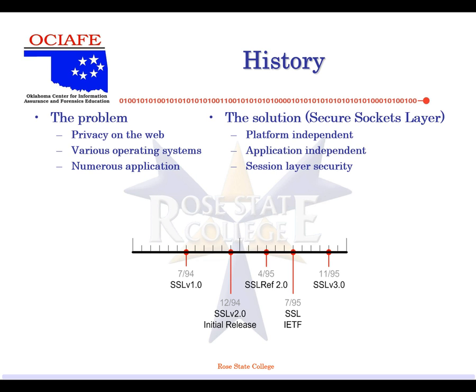Problem way back when is privacy. Way back when the internet first started, was there any privacy? No, we didn't care. I mentioned in one of my classes how I used to live on Tinker, and had an issue when I moved off base because they issued me like 3 or 4 keys. I never locked my door the entire time I lived there. We had literally security guards and fences. It's kind of secure. But when I moved off, I had to give them back the keys, and I didn't have the keys. So I had to pay them for the keys that I never used, that I lost over the years living there. So privacy on the web, we didn't care about that at the beginning,